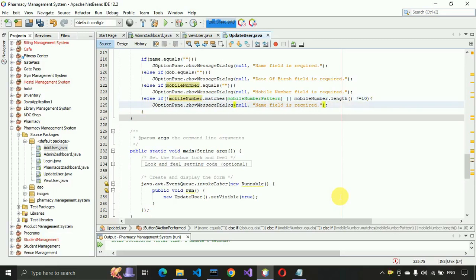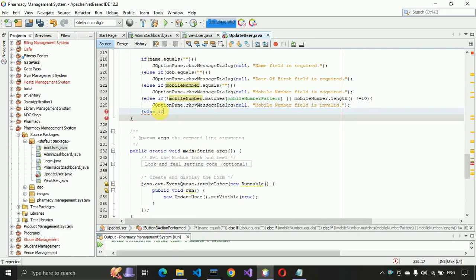In that case we need to display this error, and here we have to write invalid, and here we have to change this to mobile number,